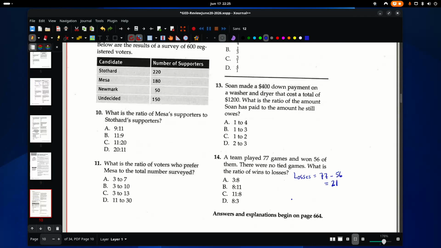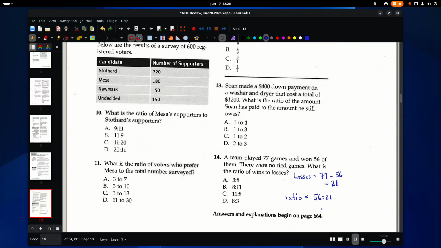So the ratio is equal to, we want wins to losses, so it's 56 wins to 21 losses, and then we can divide